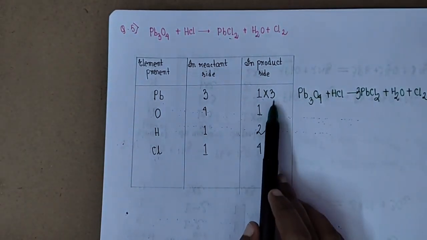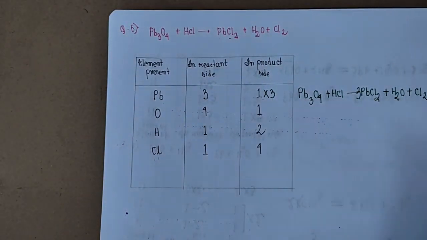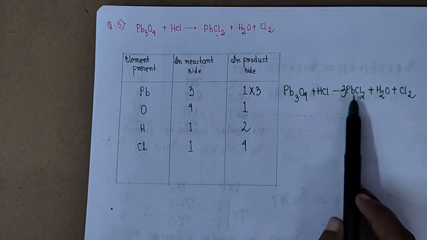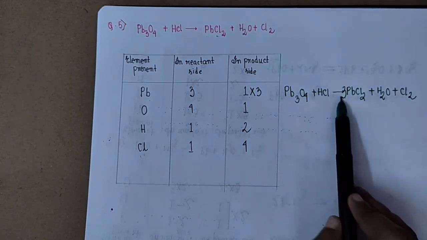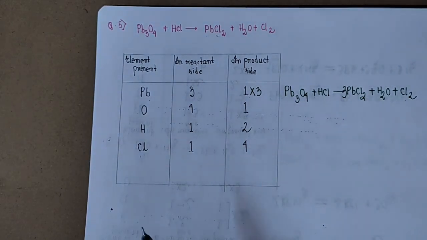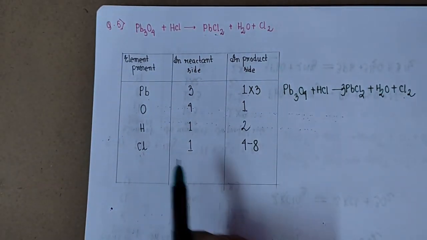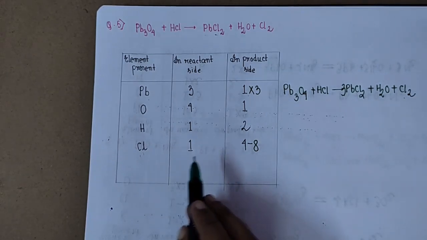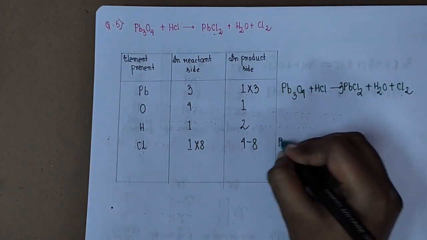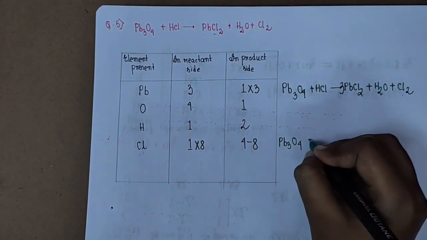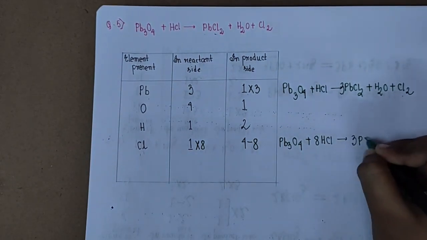Now if we multiply the product side PbCl2 with 3, the number of chlorine atoms will also change accordingly. Now the number of chlorine atoms is 3 times 2 plus 2, that means 8 in the product side. But this is still 1 in the reactant side. So how to balance this? We have to multiply the reactant side chlorine with 8. So what should we get now? Pb3O4 plus 8HCl, 3 of PbCl2